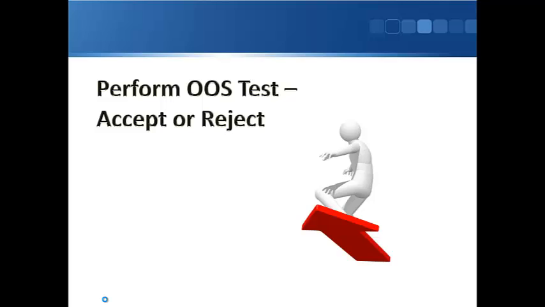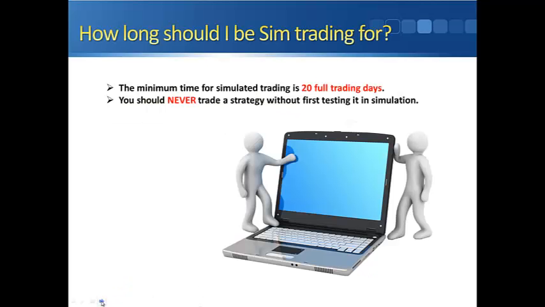So one of the big things about performing an out of sample test, or a test that's running in real time or in simulation, is that if you reject a strategy, you want to have a reason why you're rejecting it and why it's not going to work in the market. The strategy may be good, but it may be the timing that's off. So you've got to be a little bit careful. And just like Jamin said, you could just hit a bit of bad luck and get into a drawdown first up. That can happen too.